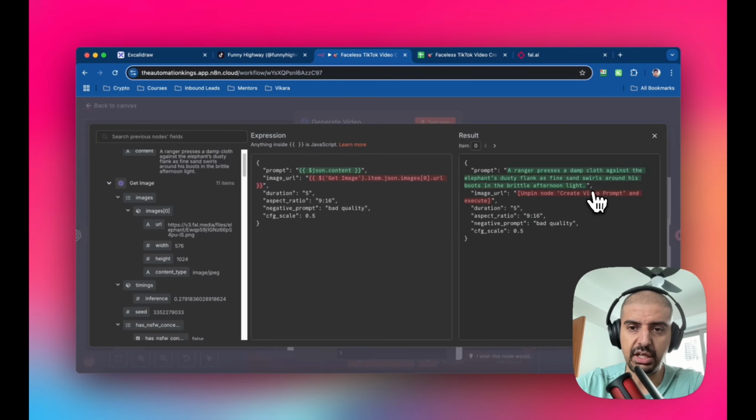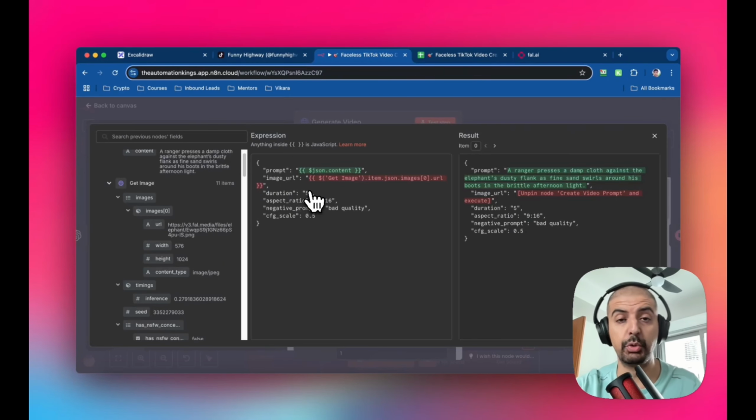It says here I need to unpin the create video prompt. I'm not going to do that because I've already created an output. But if you're running this end to end, it'll just be green. So for this one, it's just the get image URL, and it's this one here. Just grab this field and paste it here. Everything else is just to do with the duration and the style of video. Duration is 5 seconds. You can make this longer if you want to. Just remember, the longer the video, the more tokens and credits it's going to consume,